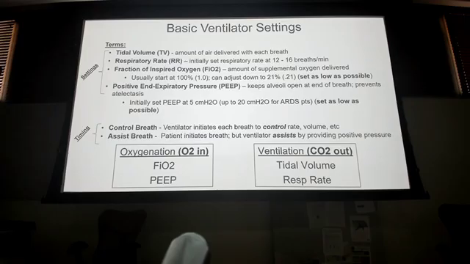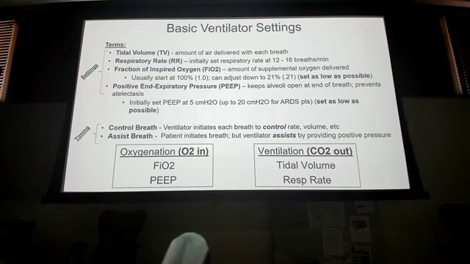Then we have PEEP. That's that positive pressure at the end of the breath. So instead of a 0 baseline pressure, now I'm increasing it. So 5, 10, 20. Too high a PEEP can do what to the patient? Pop their lungs, because I'm putting pressure on there, it can cause barotrauma, right? Like that previous slide. What other physiological effects could it cause? What could it do to their blood pressure? Hypotension, right? It's putting more pressure on there. The heart is not able to actually get blood out to the tissue because it's working harder. You're going to see that more and more with a patient with comorbidity. If they have some underlying heart disease, heart failure, it's going to be more pronounced and sooner.